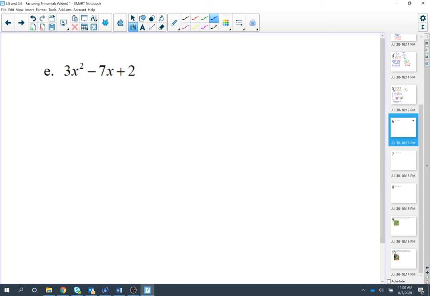Letter E. Okay, factoring. Step 1. Is the leading term positive? Yes, it is. Is there a greatest common factor between these 3 terms? No, there's not. So, next step, multiply the first number by the last number. What do you notice about the first number this time? It's not 1. That's okay. So this time, 3 times 2, 6. Add to the middle number,